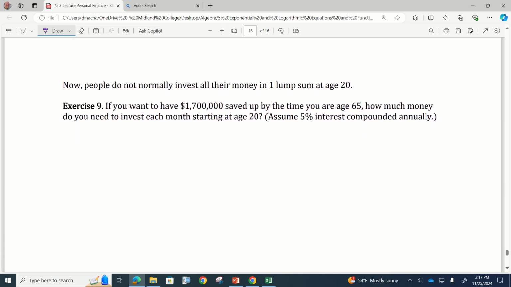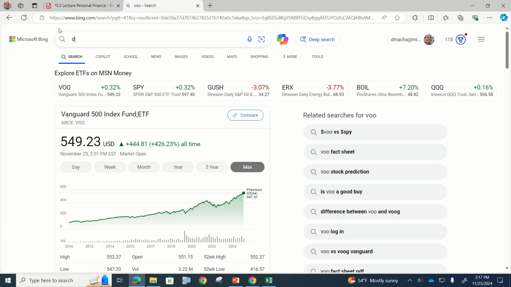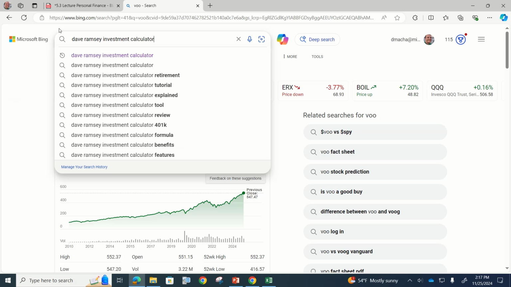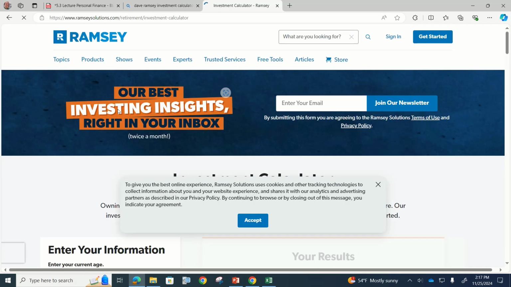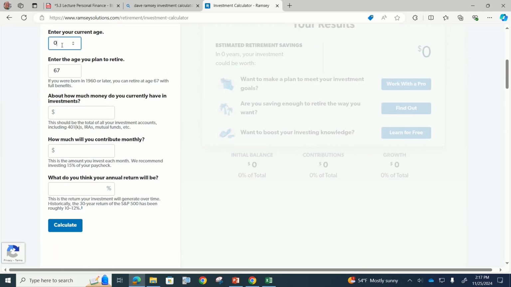Most people don't invest all their money in one lump sum, and if you consider that, then the calculation gets to be more complicated. What you could do instead is you could go online and use the tools available to us, and you say, I want Dave Ramsey investment calculator. Something you can Google search. And Dave Ramsey investment calculator is a website that looks like this. And you say, okay, my current age is